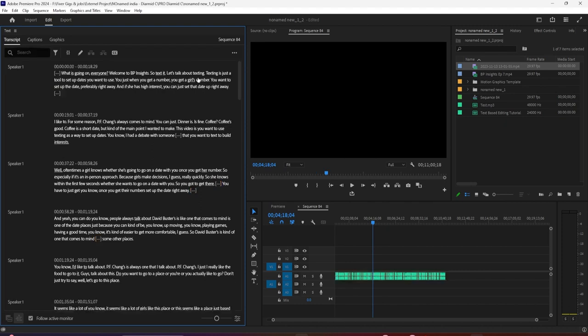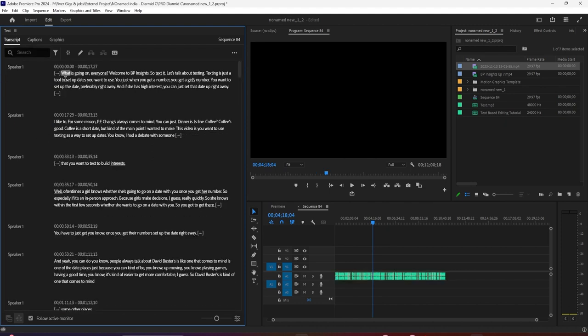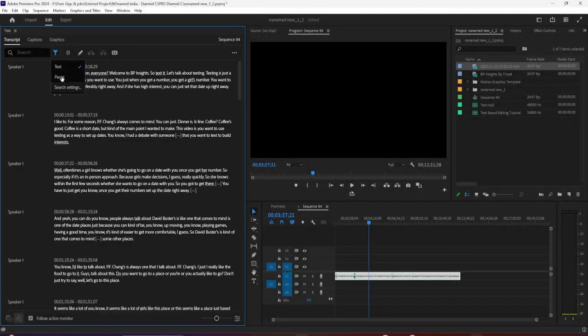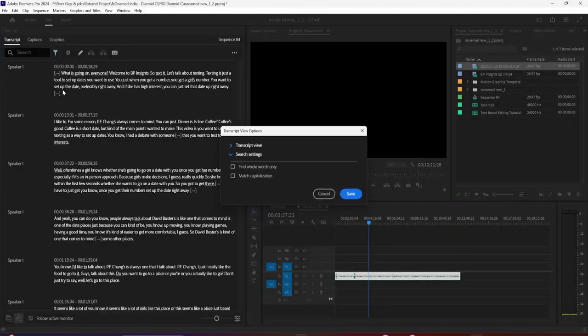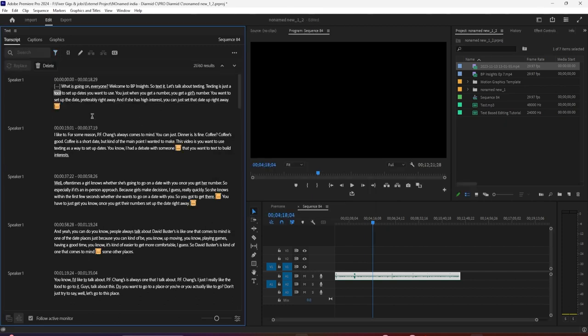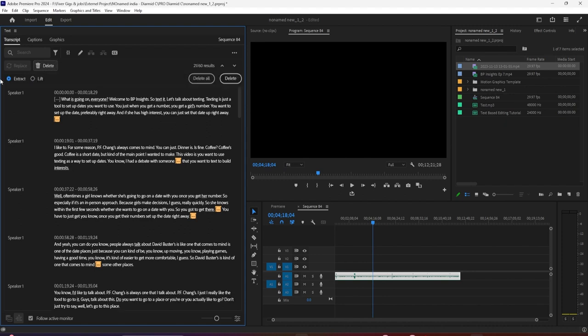So I'm gonna X this out, and instead of searching for text, I'm going to look for filler words. And if I scroll up here, there was that filler word, and I have various other filler words here in my script. With all my filler words highlighted, I can now extract or lift them. So if I just hit delete all, that automatically got rid of all the filler words in my clip here,